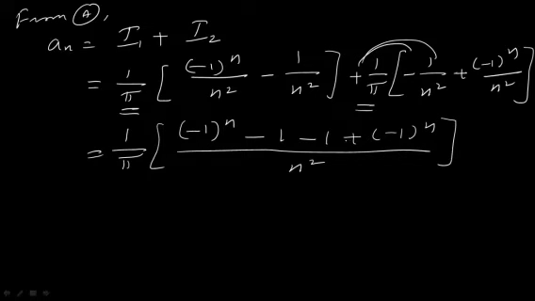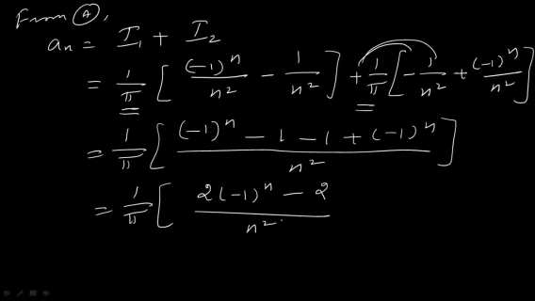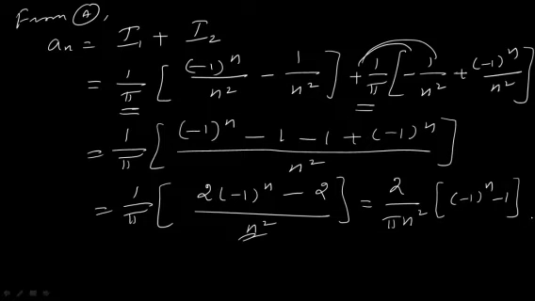Okay. So what happens? That is equal to 1 by pi, 2 times minus 1 whole power n, we have minus 2, divided by n square. You take 2 as a common term, take it outside. So if you take 2 outside of the parenthesis, we have 2 divided by pi n square. Take this n square outside. You have minus 1 whole power n minus 1. So again we need to simplify further. So for that, what I am going to do is an is equal to,